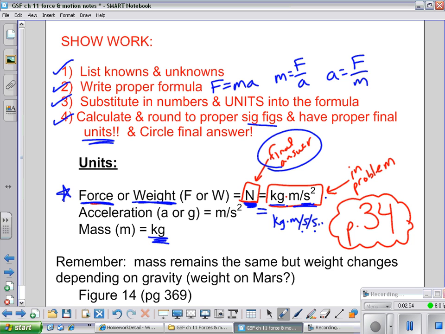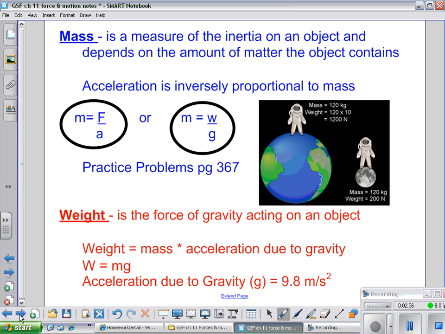All right, so let's go ahead. This next thing I want to give you is our mass. If you haven't filled these blanks in, this is on 23E in your binder, so make sure you flip there and fill in all these blanks. And these other blanks have been on 23D. So mass is a measure of the inertia in an object, and it depends on the amount of matter